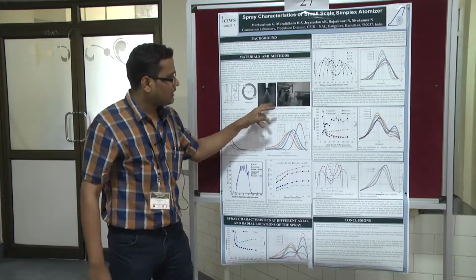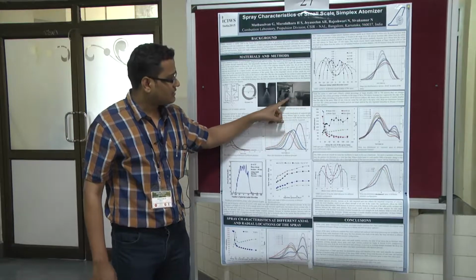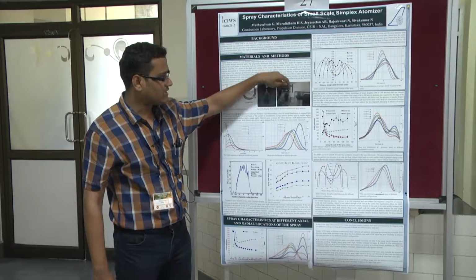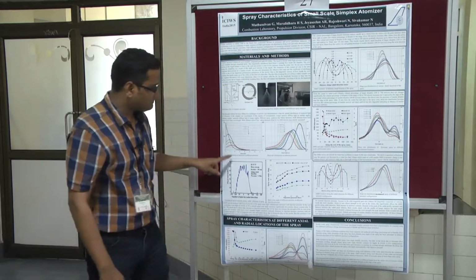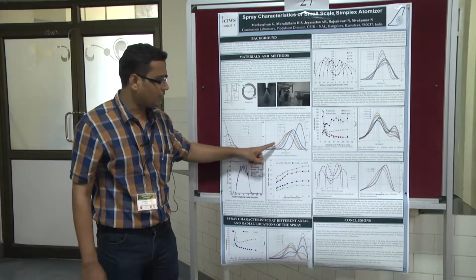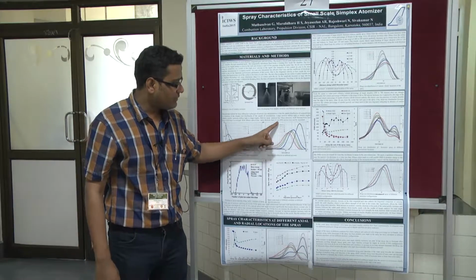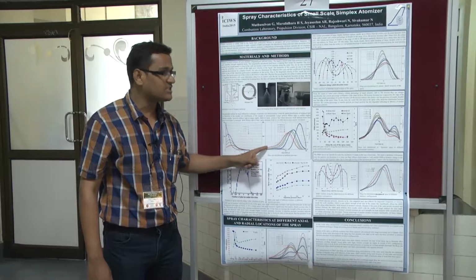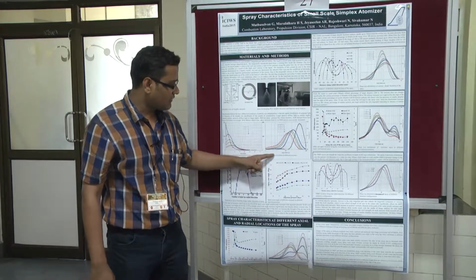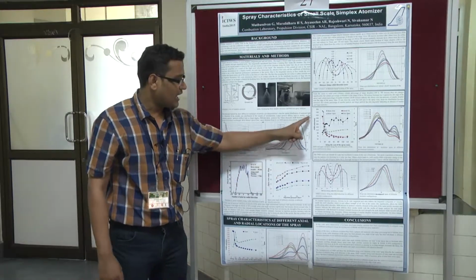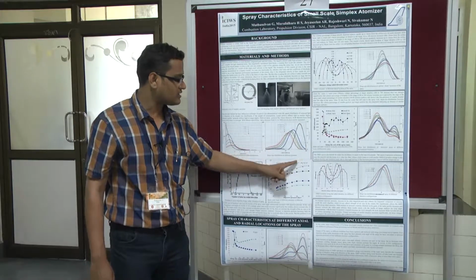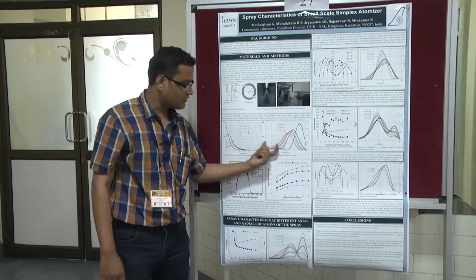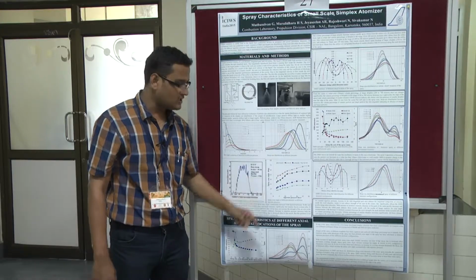This is the spray, and this is the Malvern spray analyzer. This is the source and receiver of the Malvern spray analyzer, and the spray which we wanted to investigate is introduced between them. And this is the drop size distribution curve at different injection pressures. When I increase this pressure from 2 to 30 bar, the distribution curve shifts towards this side. This distribution curve has droplet diameter on the x-axis and local volume percentage on the y-axis. As I increase this injection pressure, the droplet diameter distribution curve shifts this side, which shows the improved atomization quality.